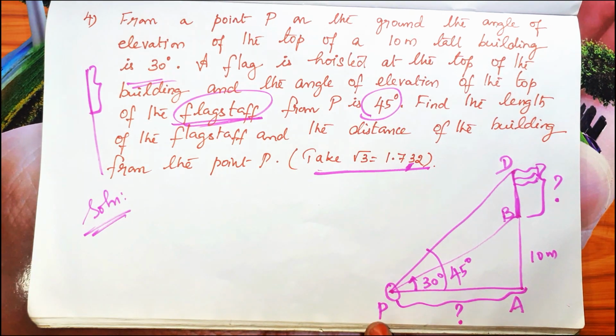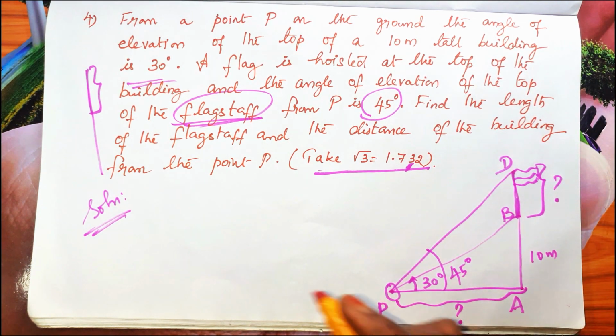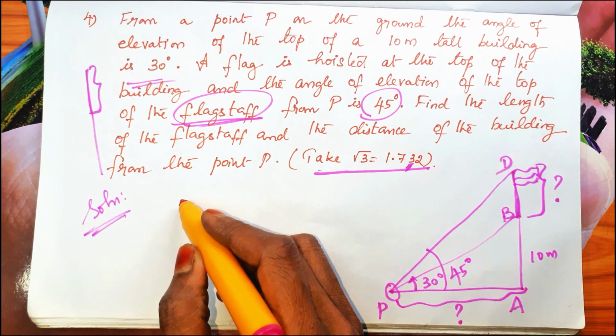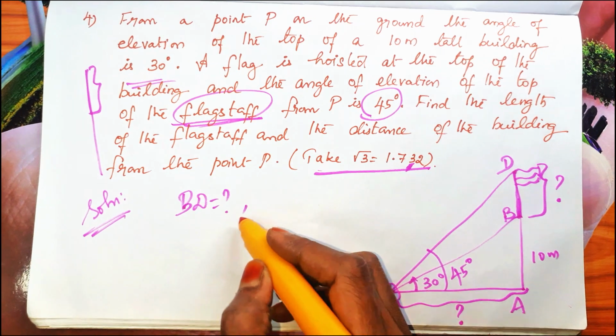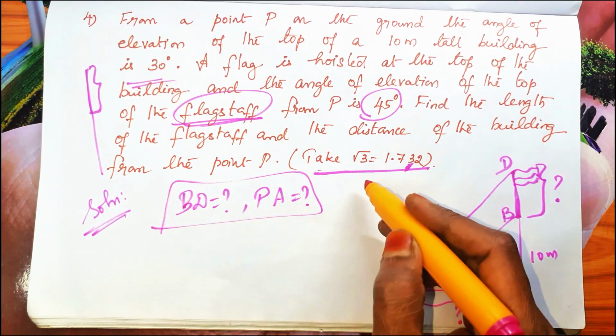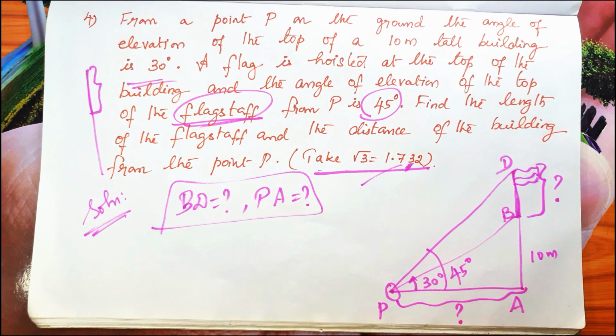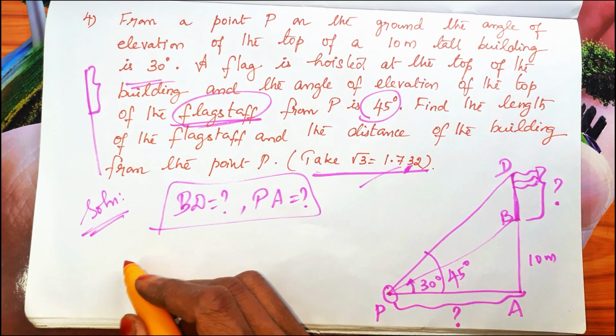I have given labels: this is the point P, and this is A, B, D. So what are the things we are going to find? BD is equal to what, and PA is equal to what. These two only we are going to find, making use of the given angles. Okay. So first I'm going to consider the right angle triangle